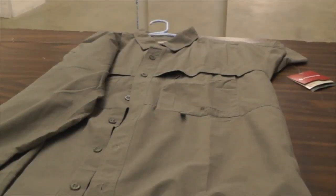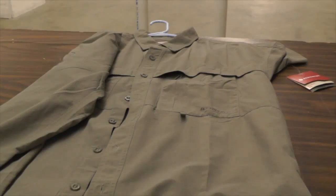These streams are clear. Most of the trout streams obviously have very good water quality, so they have very good clarity. Just as we can look down in the water and oftentimes spot the fish, they can also spot us. One of the really popular types of fishing shirts I've been seeing around is the UV quick dry lightweight